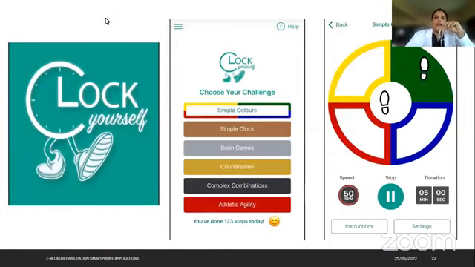Another app. All these applications, your mind games and brain training apps, are basically sitting apps. You just sit and use the games to train. This is one app developed by Australian physiotherapists, the Clock Yourself app. It is available at 150 rupees, and the application is available in the Play Store. The Clock Yourself app is basically train and walk, or you can say it is based on stepping. You can train your brain and simultaneously perform exercise.